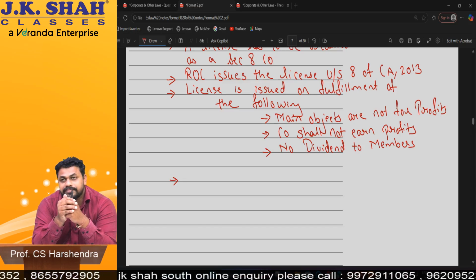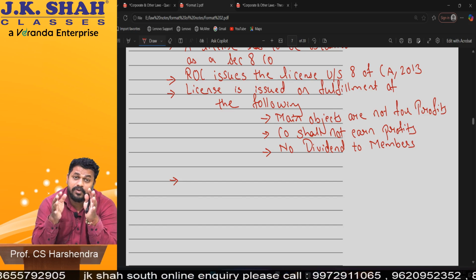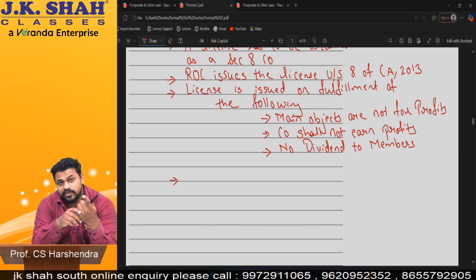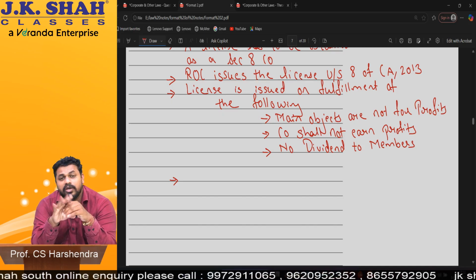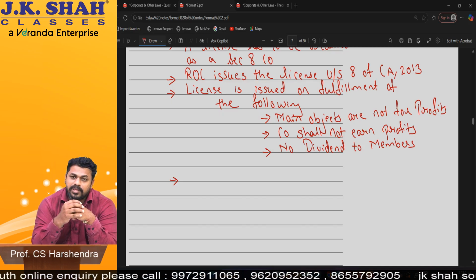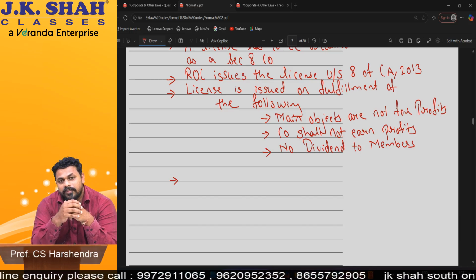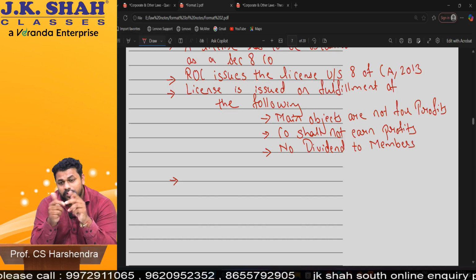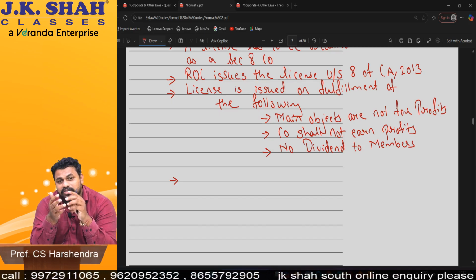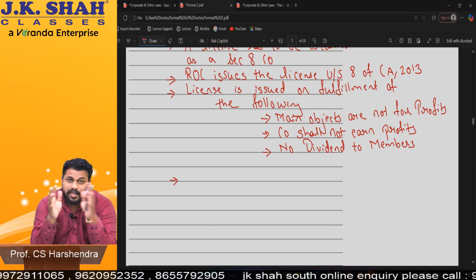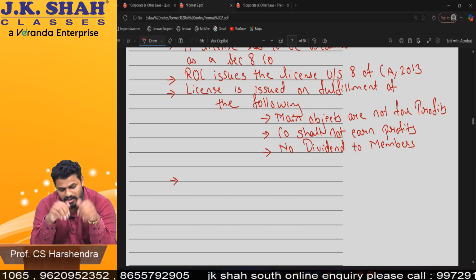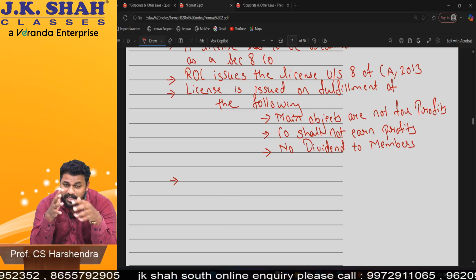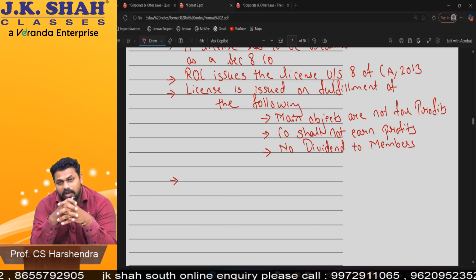Then, whenever you conduct a members meeting, in normal companies, 21 days before the meeting you have to send notice to the members. This company has to give notice only 14 days before the meeting. So 21 days is not required to be complied. Then there are many committees to be formed in a company: audit committee, nomination remuneration committee, and all. For many companies, all the committees are mandatory. In this company, many committees are exempted. If you don't form them, it's fine, no problem. So like this, many exemptions are given. Okay, so that is the benefit.